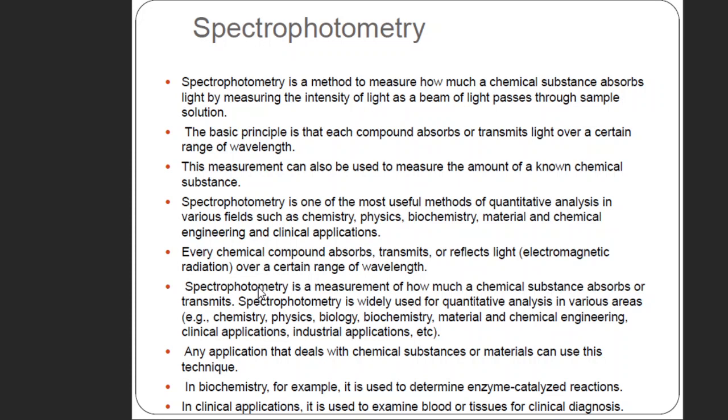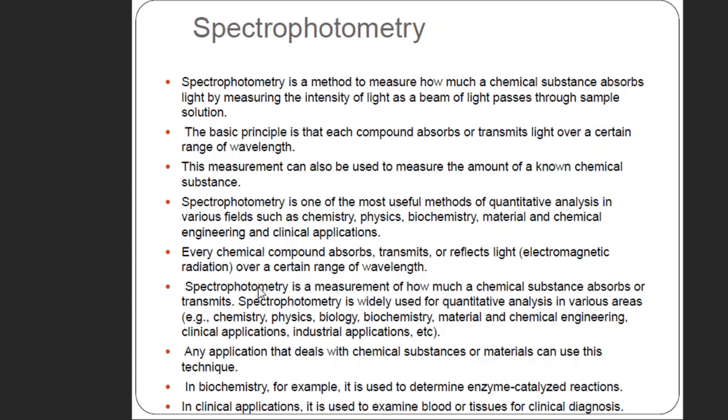And quantitative means if it is present, how much quantity of sugar has been added, whether it is 1 gram per 10 ml or 2 gram, 3 gram, 5 gram, etc. So this instrumentation can be used for both purposes, qualitative as well as quantitative estimation. This particular instrument you will also discuss in more detail in chemistry, for the identification of different types of chemicals, or different types of drugs and all.